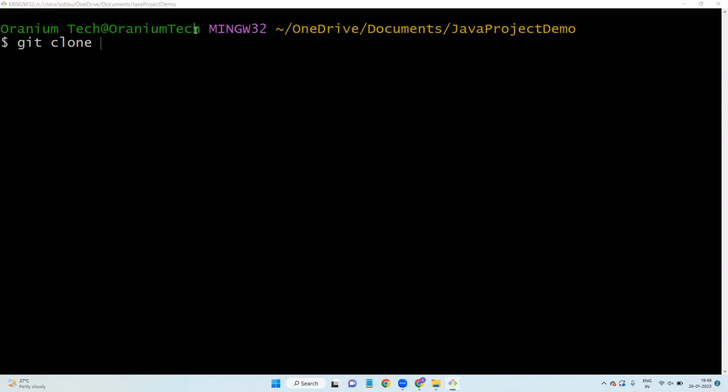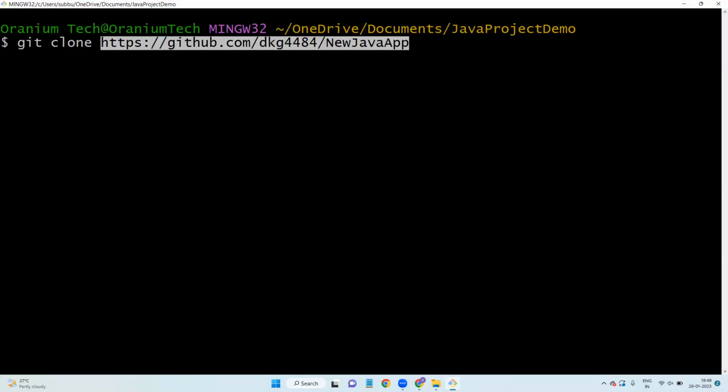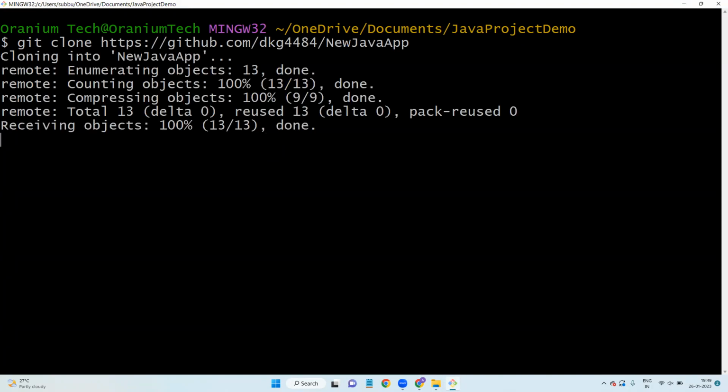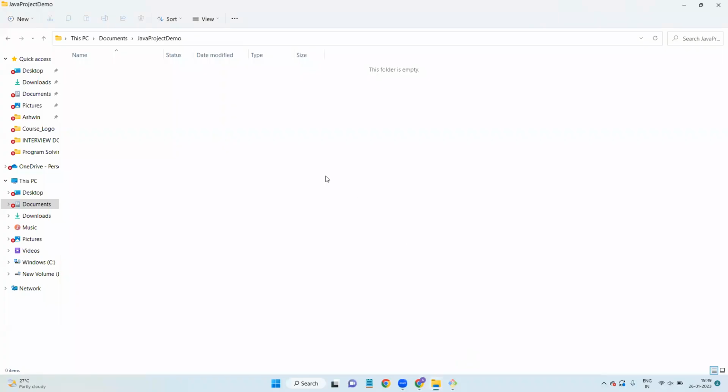So what I can do is share my repository URL in the chat box. That way, he will also get it. Let me copy this one and put it in the chat box. And Sadish will use this remote repository URL. Good. Now press enter. Now see, he cloned the code, right? Yes or no? Now in his local machine,